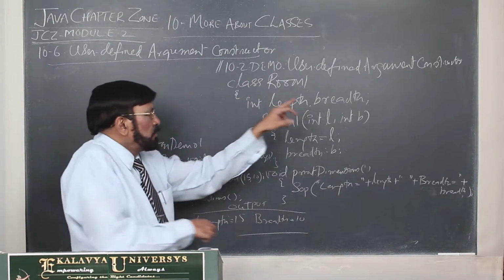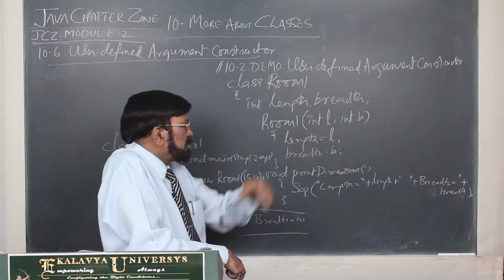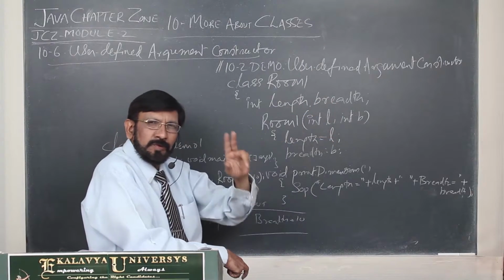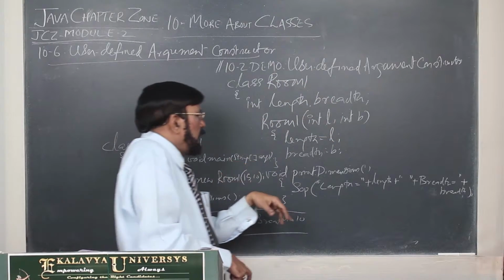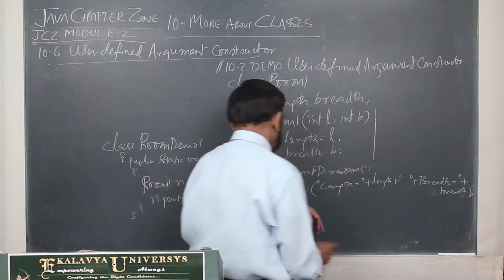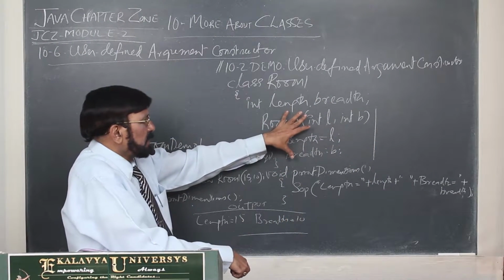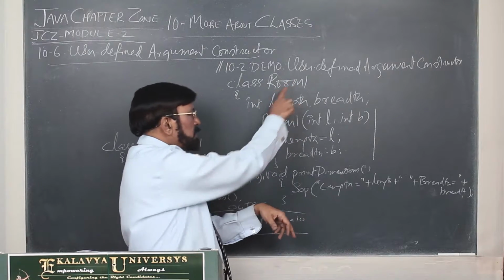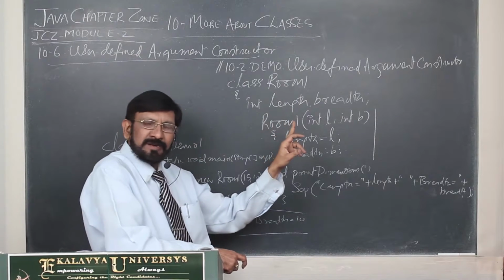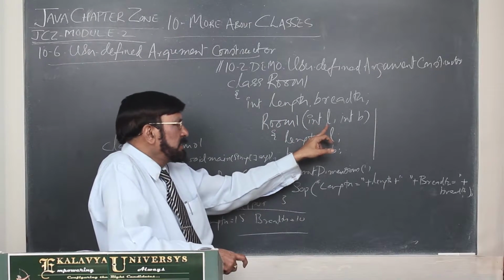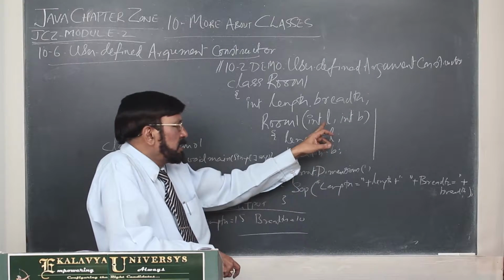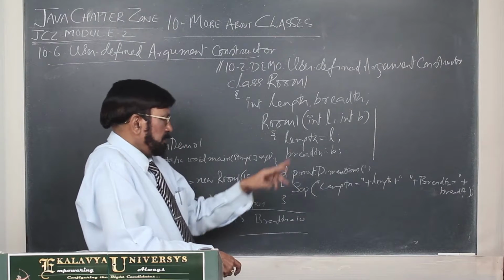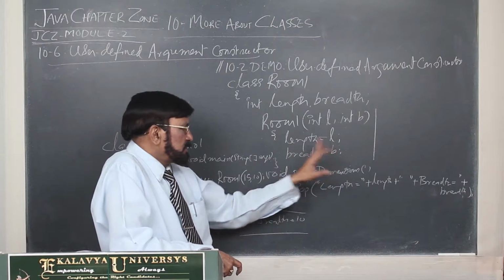Now you see, a Room1 class we have taken. In that, length and breadth I have defined only for the sake of simplicity. I have defined only two instance variables and the corresponding constructor. For initializing that, the corresponding constructor I have defined, Room. Already I told you, whatever name you have given for the class, for the constructor also you have to give the same thing. And int L, int B, these are the parameters. L and B are the parameters of the constructor. Thereafter, length is equal to L, breadth is equal to B.